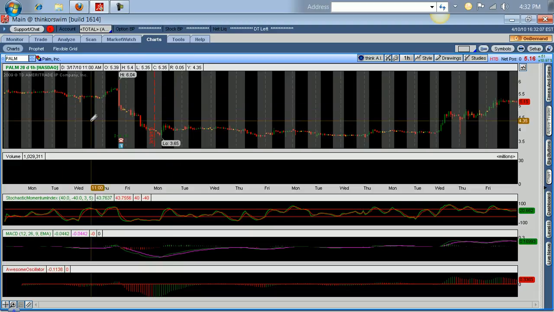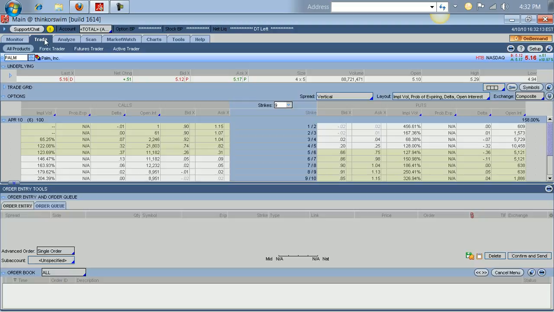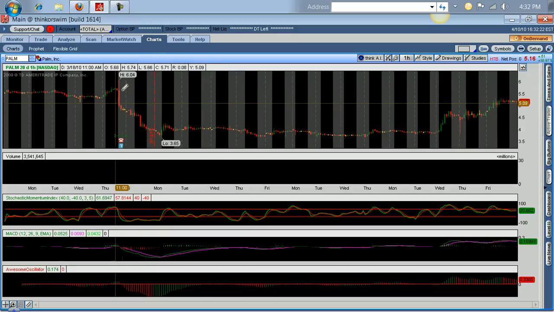Here's a chart of PALM that I have gone over in the previous video, and what I want to do was pull up the trade that we did. The second trade after the earnings trade was a week later. Going back to the chart, this is where we did our bear put spread, and we